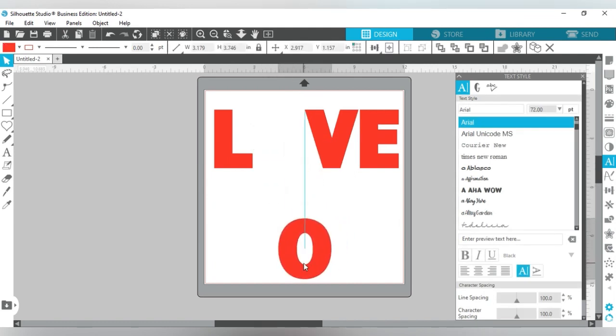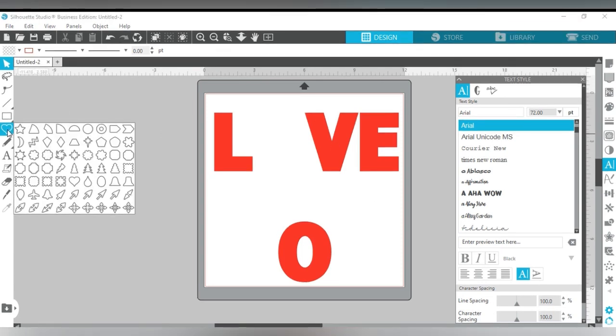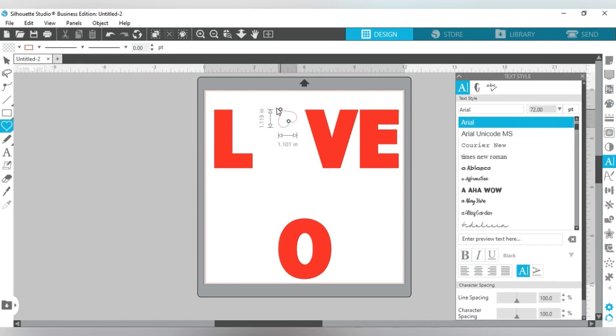take away my O, okay? I'm gonna move it out the way. I'm gonna go over here to the shapes, and I'm gonna choose a heart. And what I'm gonna do, I'm going to draw a heart right here. Okay,